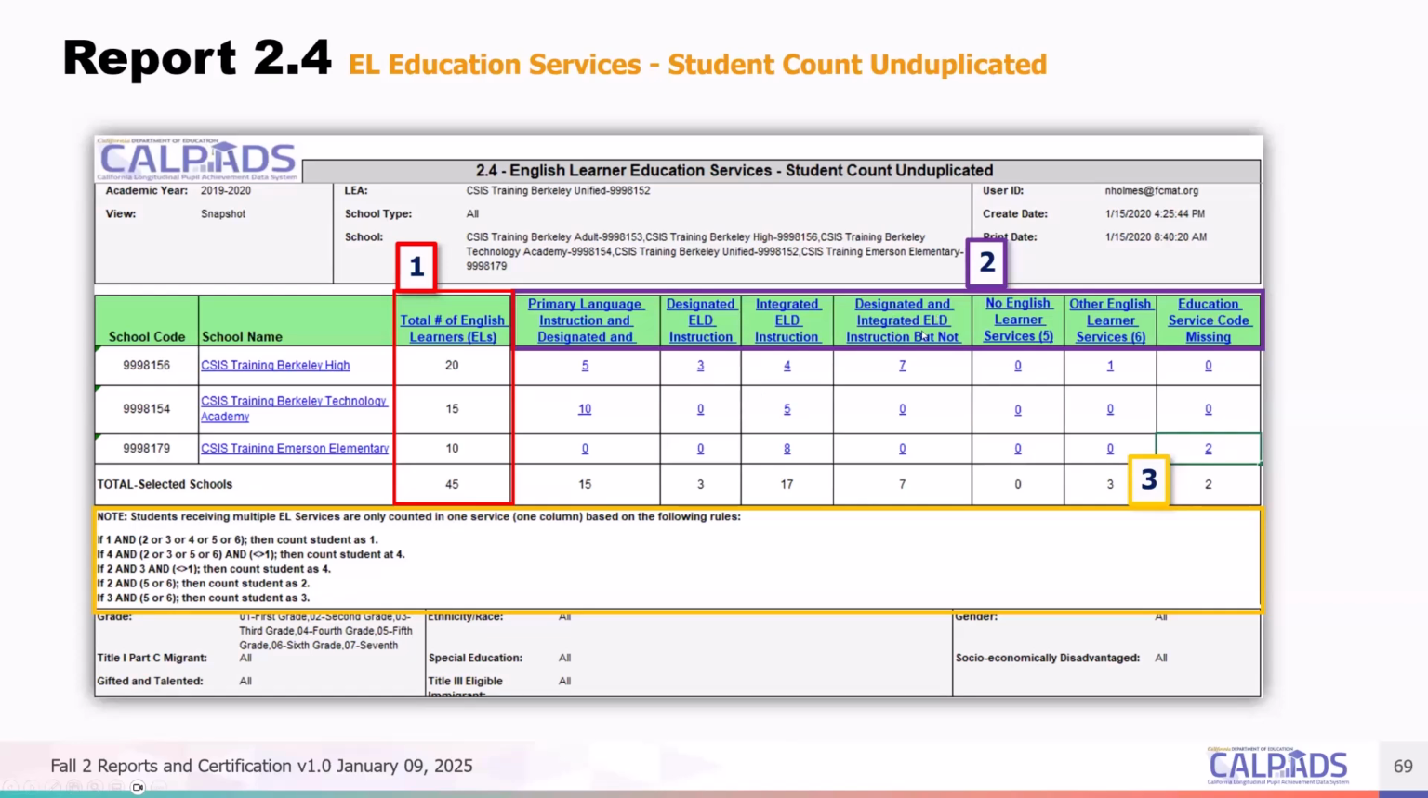So that's designated and integrated ELD, but not primary language of instruction. Most often this is SEDI. And it says it will be 4 if any combination of 2, 3, 5, and 6 and not primary language, it will be counted as 4. So if a student has any combination of 2 and 3, 5 and 2, and 4, the student is counted as 4. So primary language of instruction is the